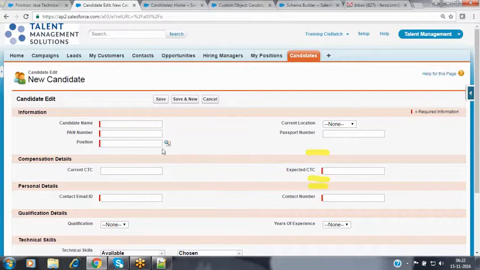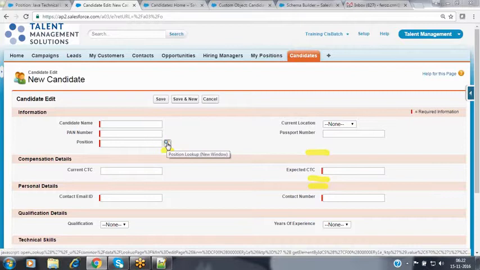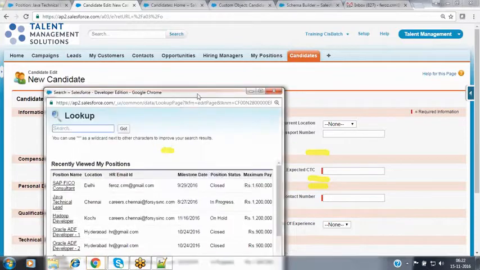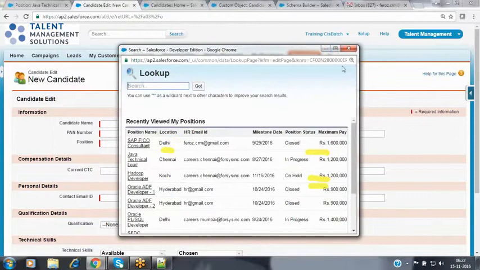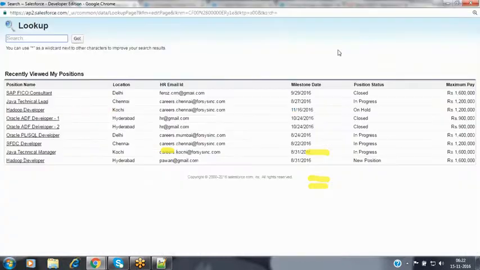Now, whenever you use this lookup symbol, what is this lookup doing? When you click on that lookup, it points to the parent object. Whatever records are in that parent object, it populates all the records to you over here. From these records, we have to select one parent record to which you want to make the association. At that time, I don't want to populate all the records. I want to filter them by adding some user-defined conditions. Then how can we make these lookup filter configurations? Now we will see practically over here.